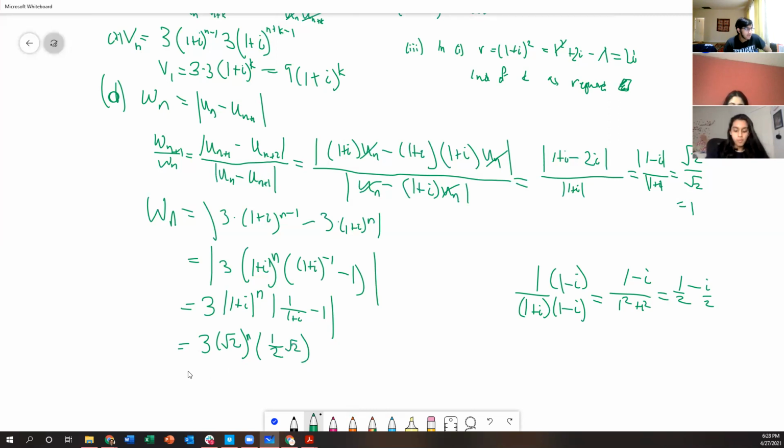Okay, so if I write this out, what happens now is I get 3 root 2 over 2 times root 2 to the n. Now, to get a geometric sequence, I want to write it in the form some first term, so w1 times r to the n minus 1. So if I want to write it in the form n minus 1, root 2 to the n minus 1,